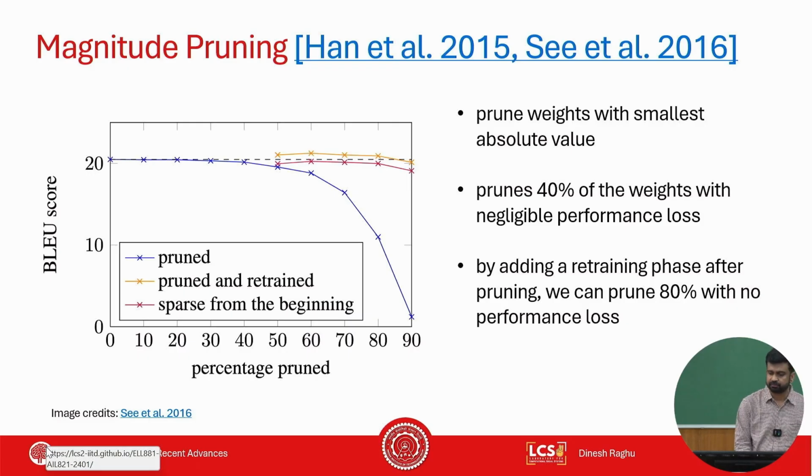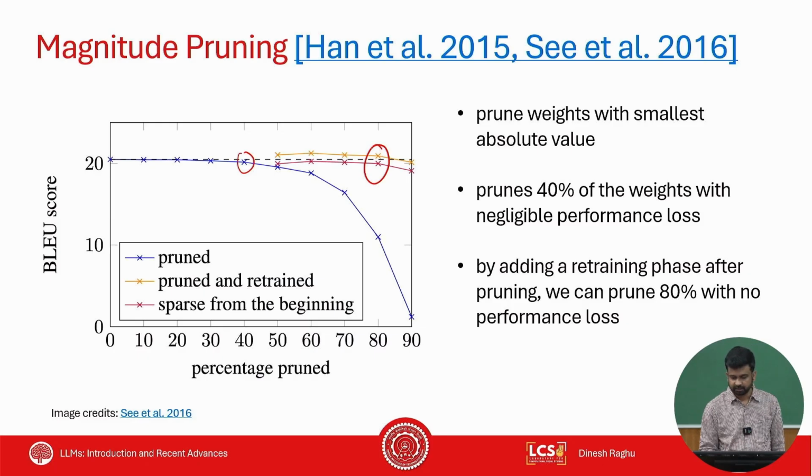So the simplest form of unstructured pruning is called magnitude pruning. Just sort the weights, whichever weights are low, just ditch them off, right? It's as simple as that. So what they found is that if you remove 40% of the weights, you don't actually see that big a change in performance. But if you start removing a lot more, then you see a degradation. But what they say is after you prune, if you fine tune, right, continue pre-training or continue fine tuning, then you would end up bridging that gap until 80% of the case, right?